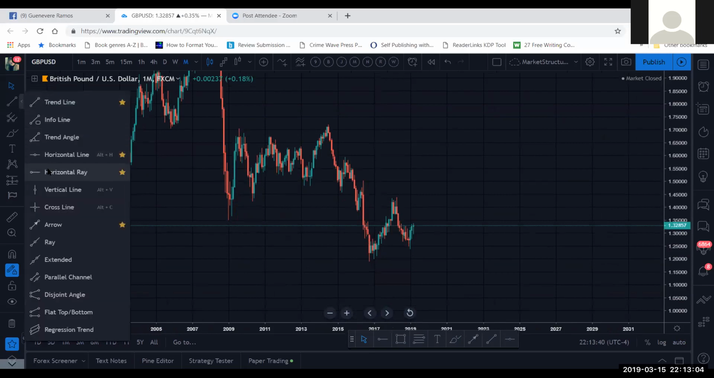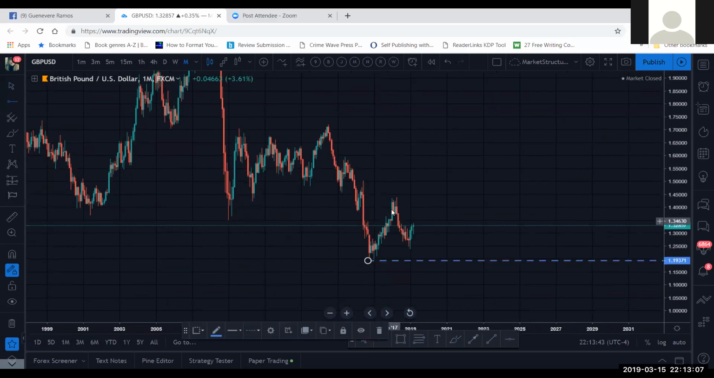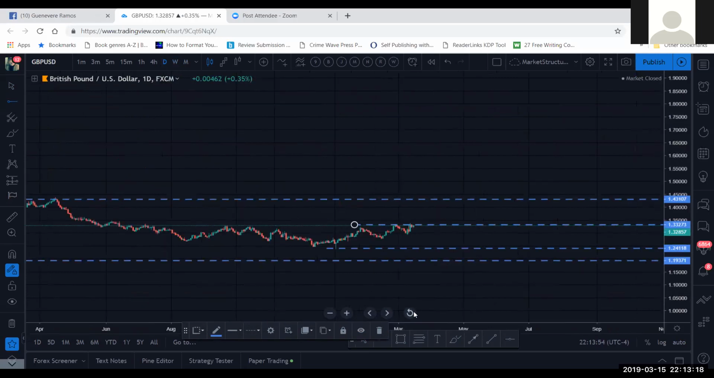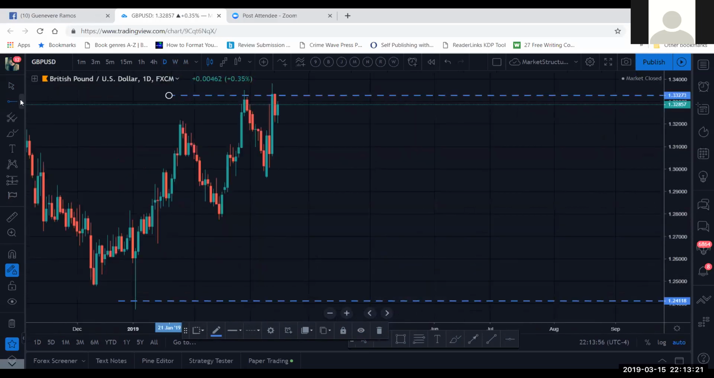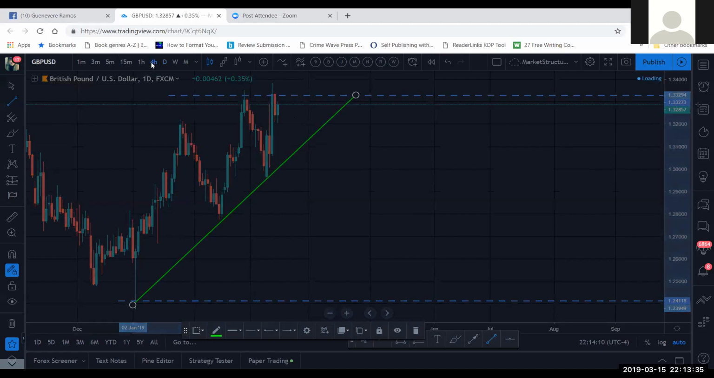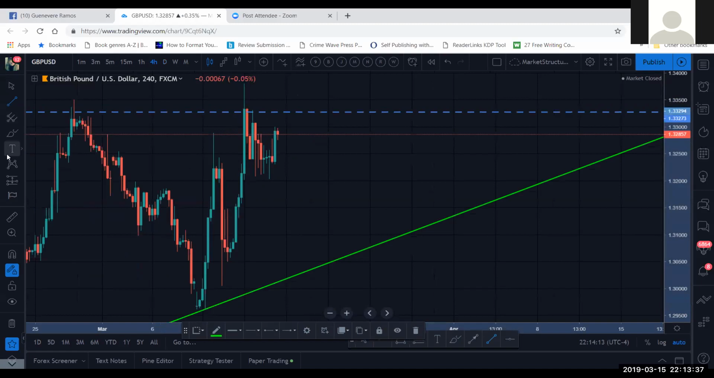I'm on my monthly, demand zone, supply zone, weekly, support and resistance, daily, trend line. I am in an uptrend. All right, now I want to start looking for possible sell areas. So I can go down to my 4-hour, and I see right here at the top,